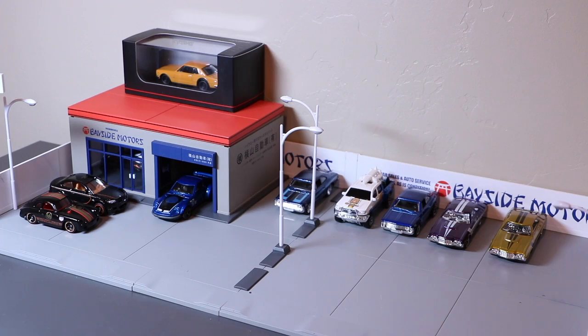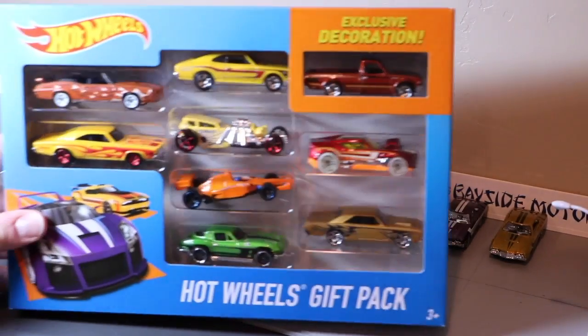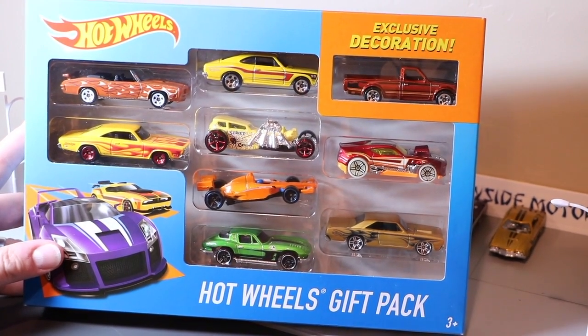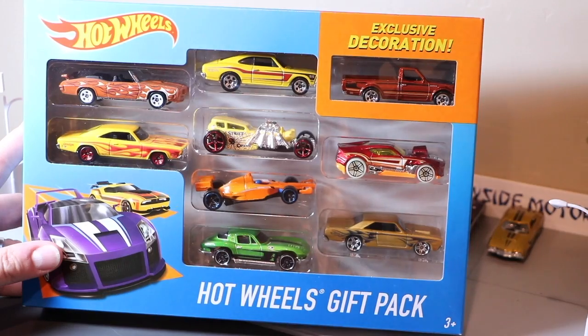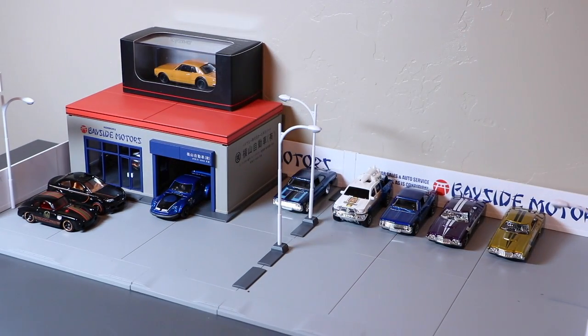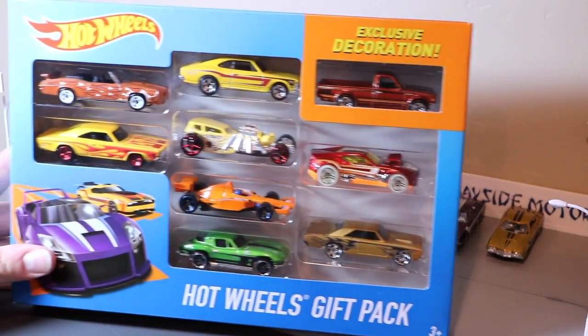I'm going to show you the pack that I bought today and the two reasons why. This is the pack I got. I don't know if it's considered a 2015 pack or a 2016 pack. Let me take a look if there's any hint here. Well, it's going to be a 2015 because we are in 2015. But you know what model year it's considered, I don't know. But